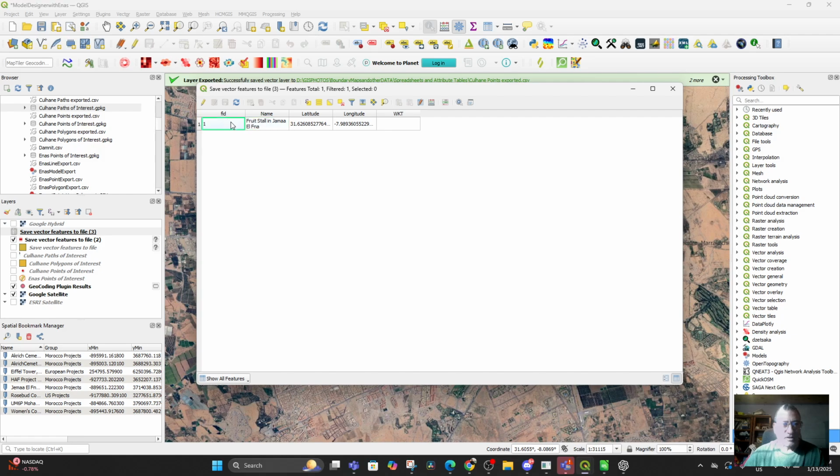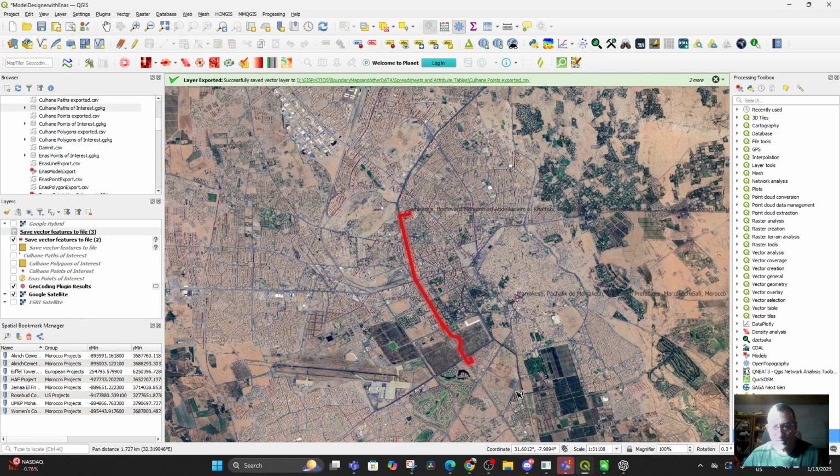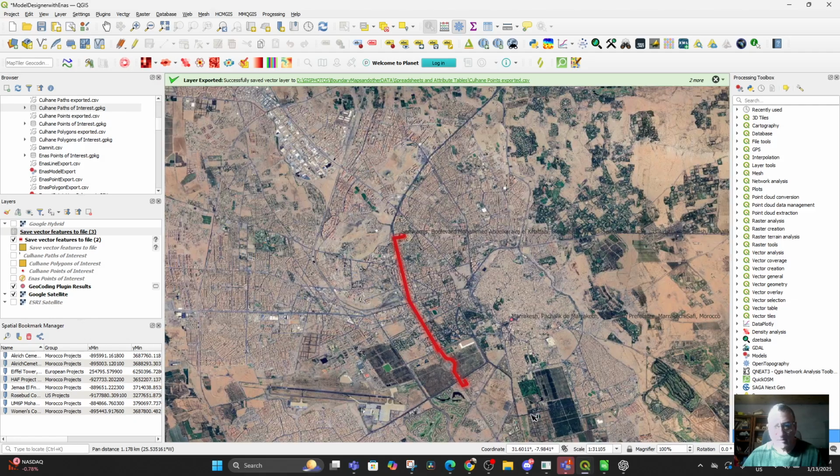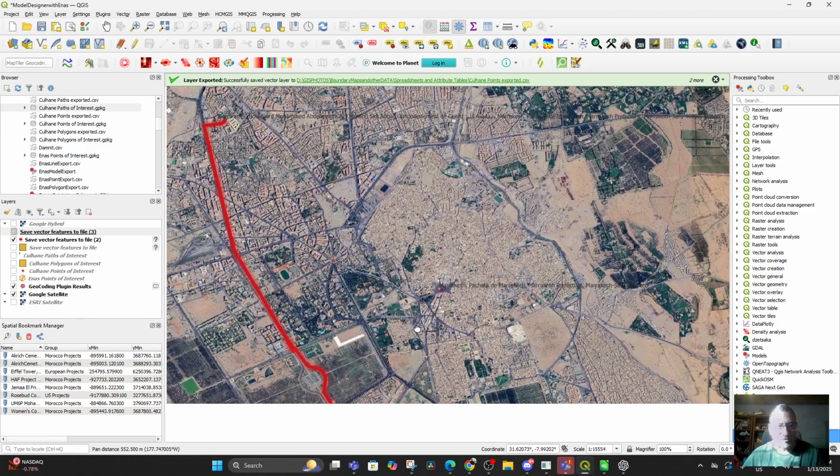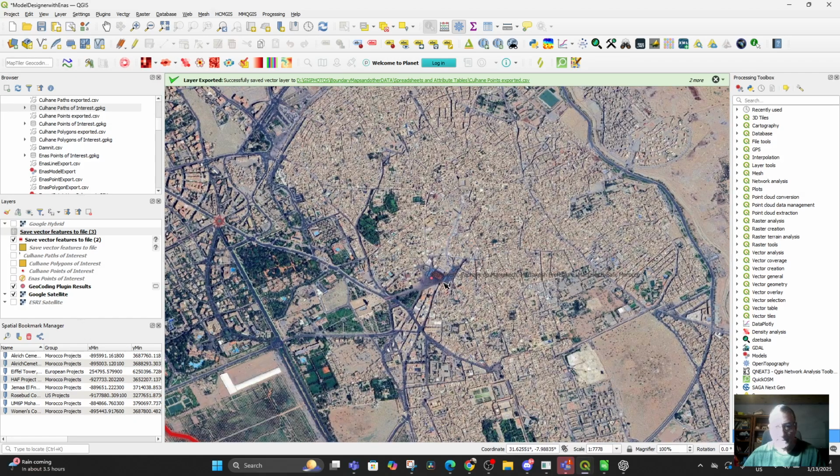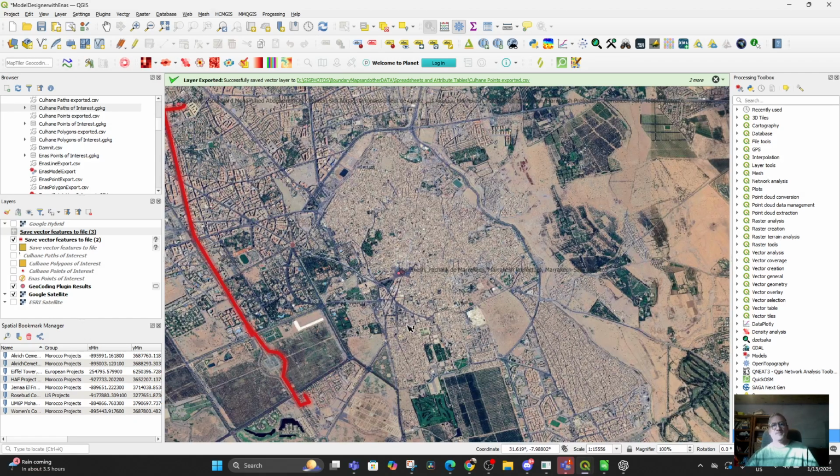There's the fruit stall, and we can save. Oh, it doesn't even let us go in there. No, it's there, but it's not showing up. Or did it? Yeah, there it is. There's your point there. Okay, so that's how you go about